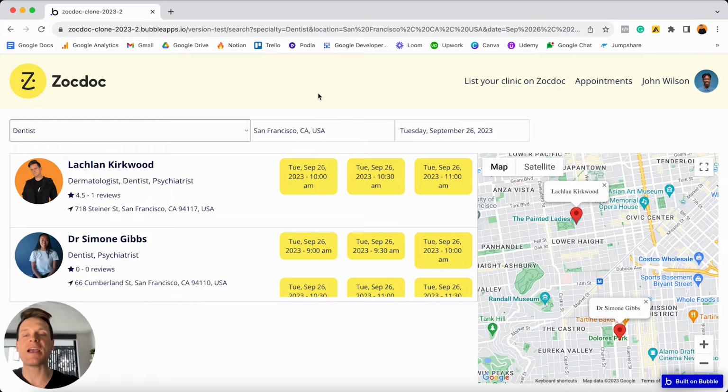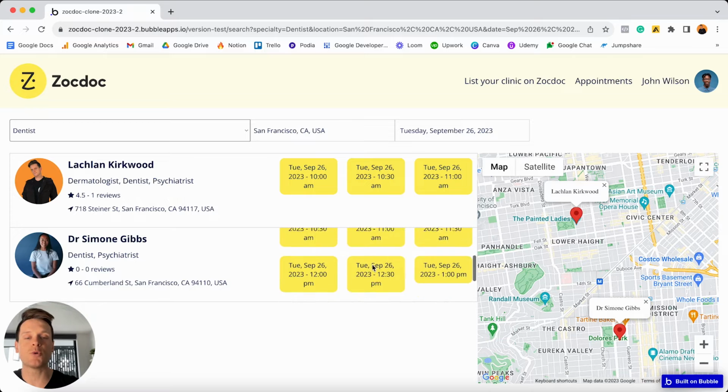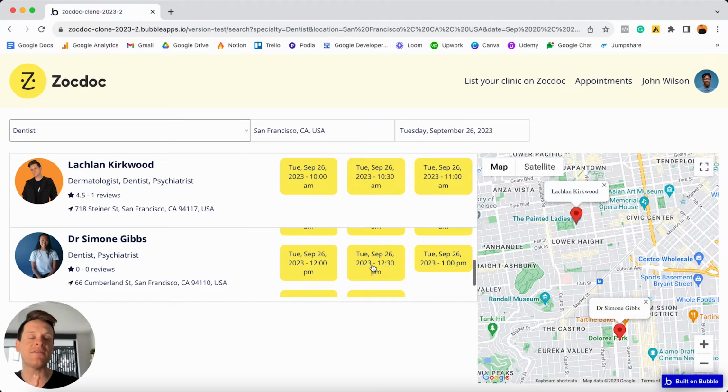And then on this page, we're going to see a list of all of the relevant doctors that fit this search. So these are all of my dentists in San Francisco. Now on this page, I can see some basic information about each dentist. So things like their average star rating and the total number of reviews that they've received. But if I scroll on down, I can also see a long list of all of the available appointment slots